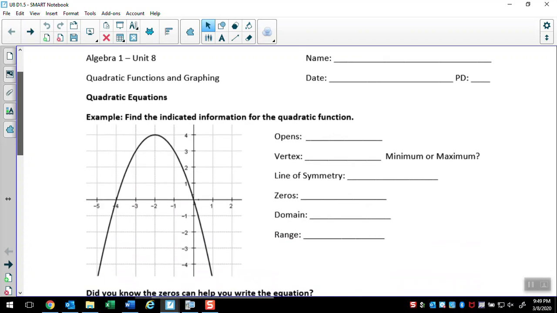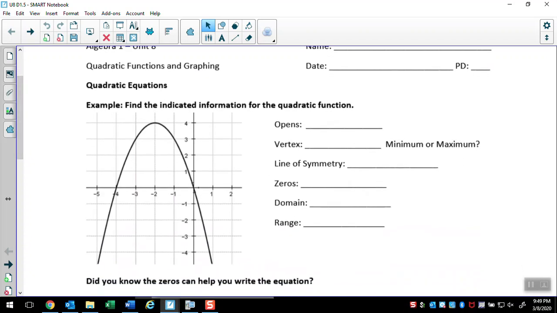All right, so here we go. Just as a review, this parabola opens down. Its vertex, this point right here, is at (-2, 4). And we would say that that is a maximum. It is the highest point that we have. The line of symmetry is this vertical line that goes straight through the middle. It always cuts through the vertex. It is going to be written with an equation of x equals -2. And what you're always going to notice is that your line of symmetry matches up with the x value of